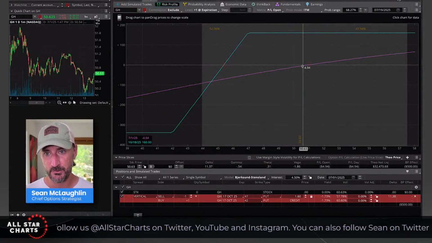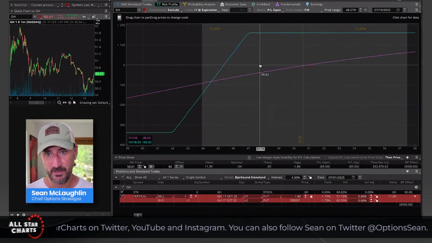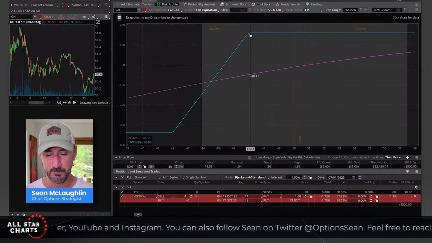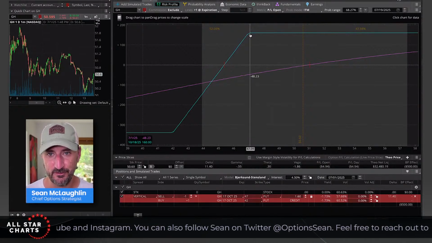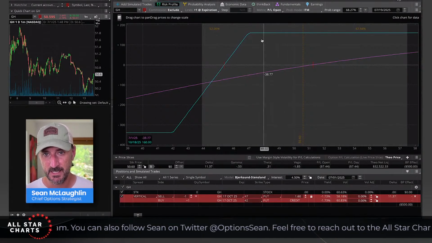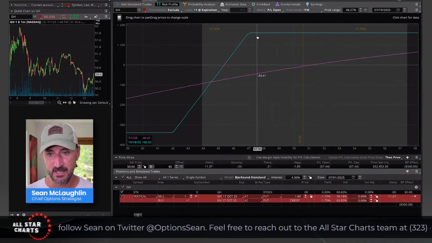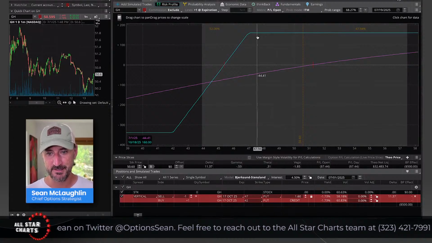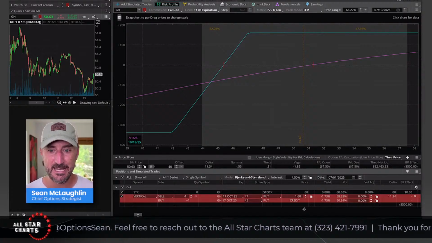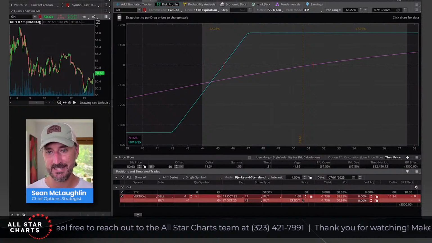Okay. Now you notice we're here. GH can actually decline from here. It could decline all the way down to around 47. And as long as it closes above 47 on expiration day, I could potentially earn the full value of the premium that I collected today. If I collect $1.60 today and the stock closes at, say, 47.50 on expiration day, my two puts, I'm short one and long the other, they both expire worthless, and I keep the entire $1.60 or 160 bucks per one lot that I did.